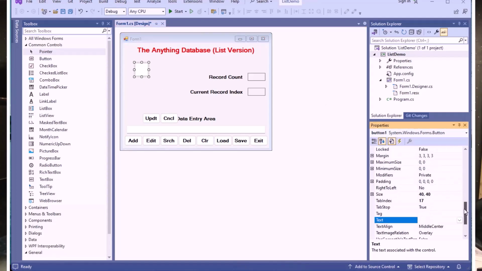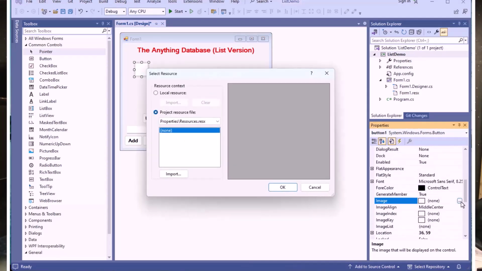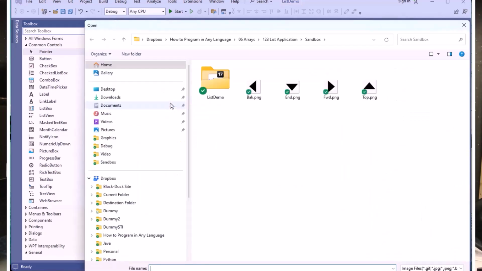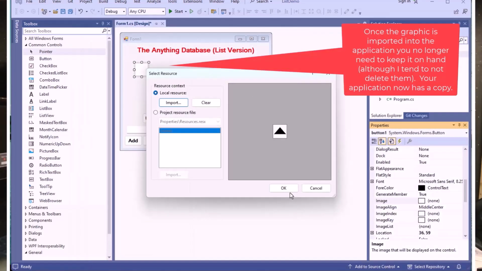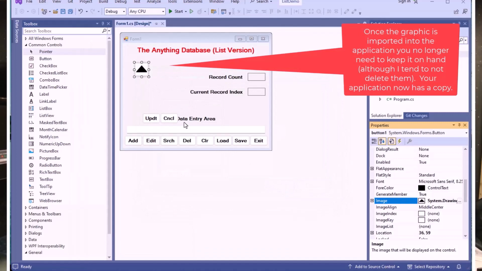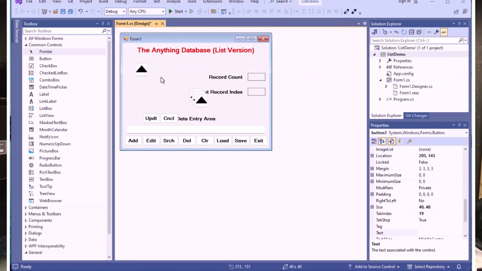We now can take this particular item we've got here and go ahead and apply an image to it. So what I'm going to do is go to the image area and use the ellipses here and import a local resource, which is going to be located right here. This happens to be our guy. We'll make this one the top. Bring it out and say OK to it, and it pops in there. That's super. Now all we need to do is copy this several more times